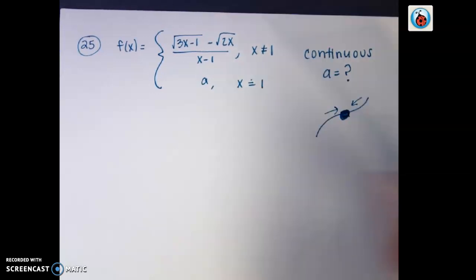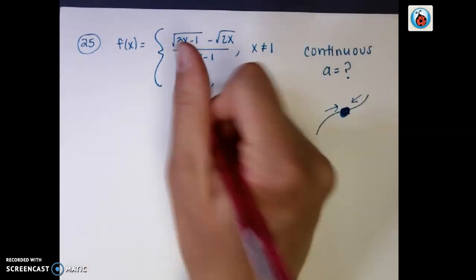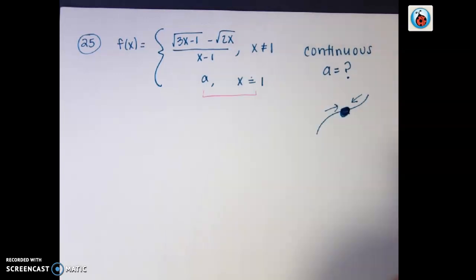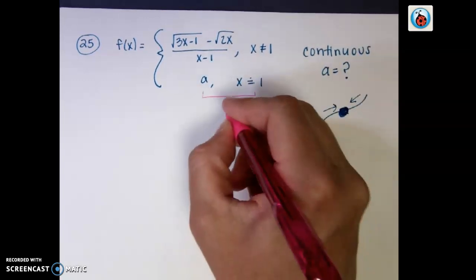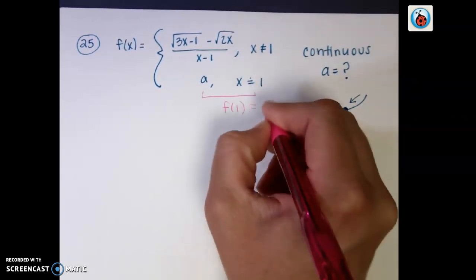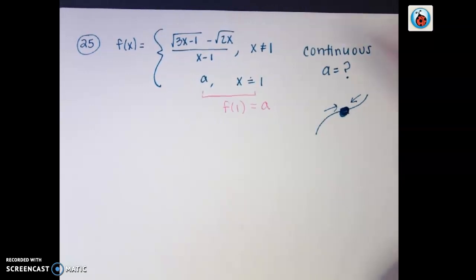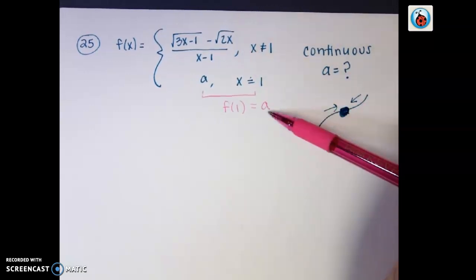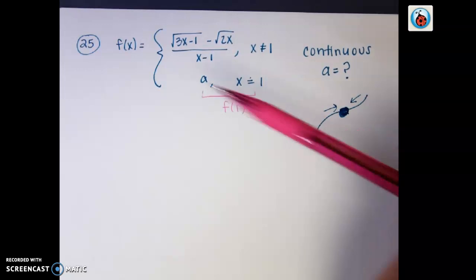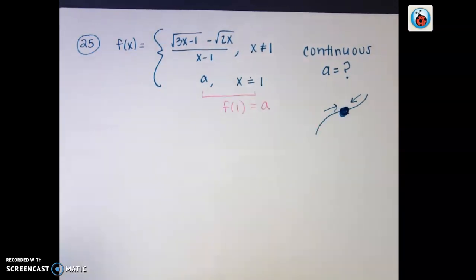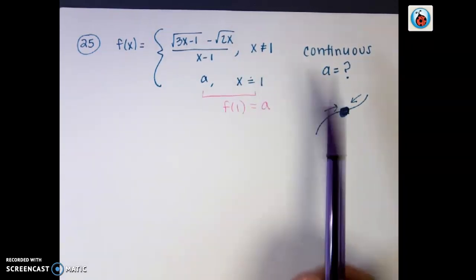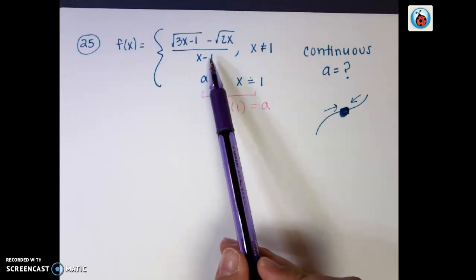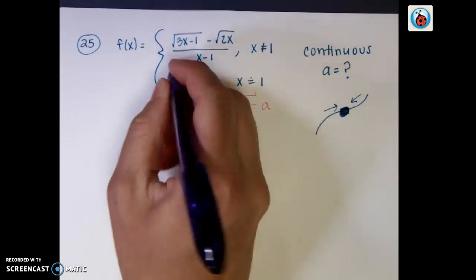So what we're going to do is, first off, this part that's defined tells us that at the point 1, that y value has to be A. So whatever we get for the limit part, we're going to have to set that equal to A. That's going to be our answer. So this is the actual point. This is the equation of the graph if you come in from the left and the right. So we're going to need to find the limit